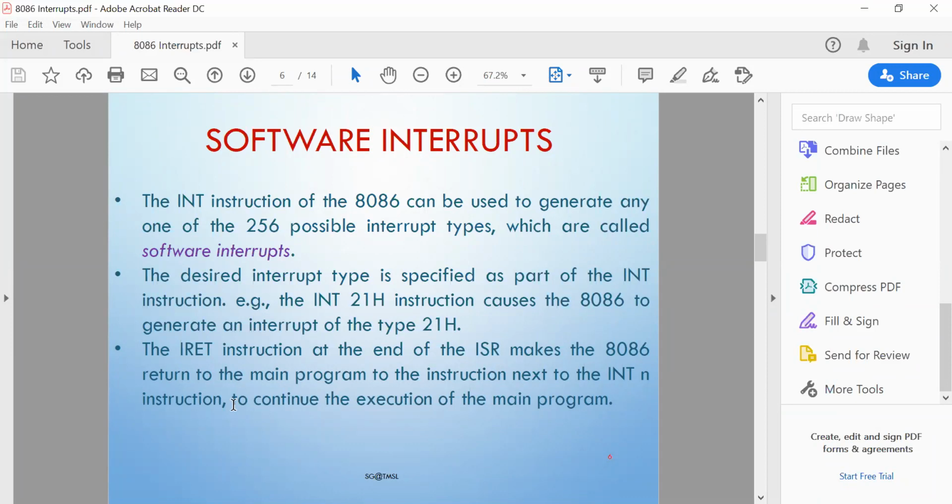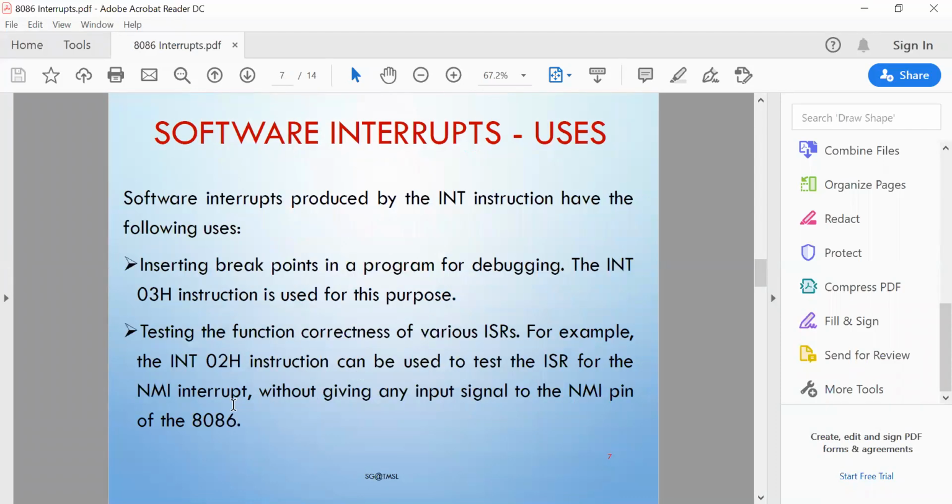So when the ISR execution is completed by the processor, it comes back to that position by popping or retrieving the address from the stack, to continue the execution of the main program and the remaining instructions.